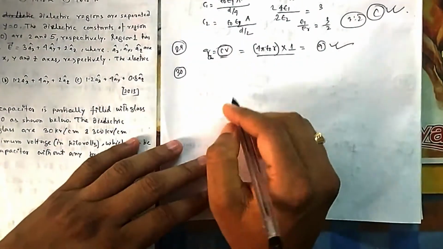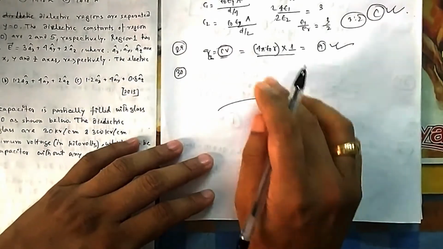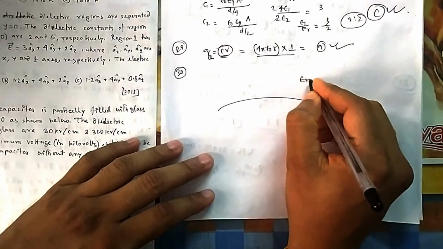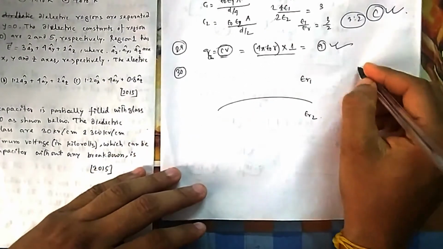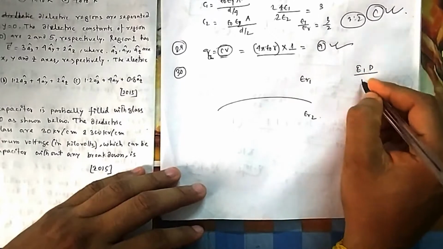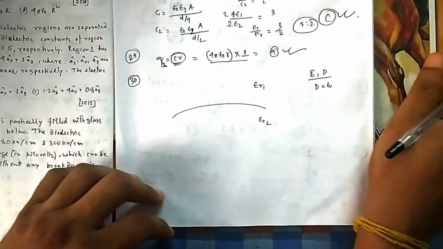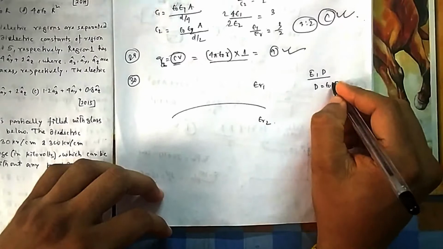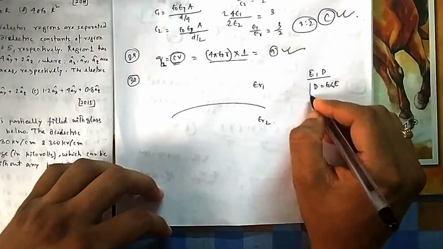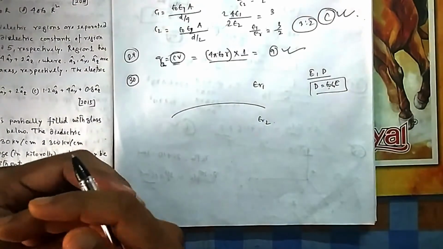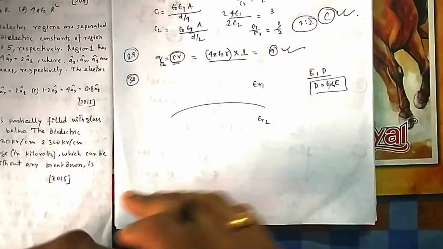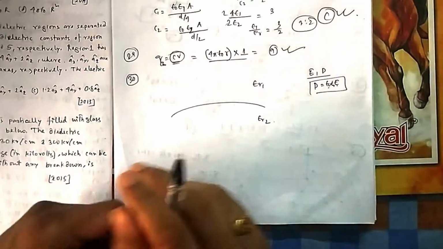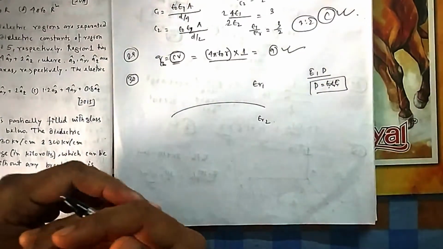Now let me discuss the boundary conditions of two dielectrics. Suppose this is a boundary of dielectric 1, this is epsilon r1, this is epsilon r2. Both sides there will be E and D, and we know the relation between D and E. D is equal to epsilon naught into E in free space, and if it is a dielectric with relative permittivity, then D is epsilon naught into epsilon r into E. D is independent, E depends upon what material you are using.